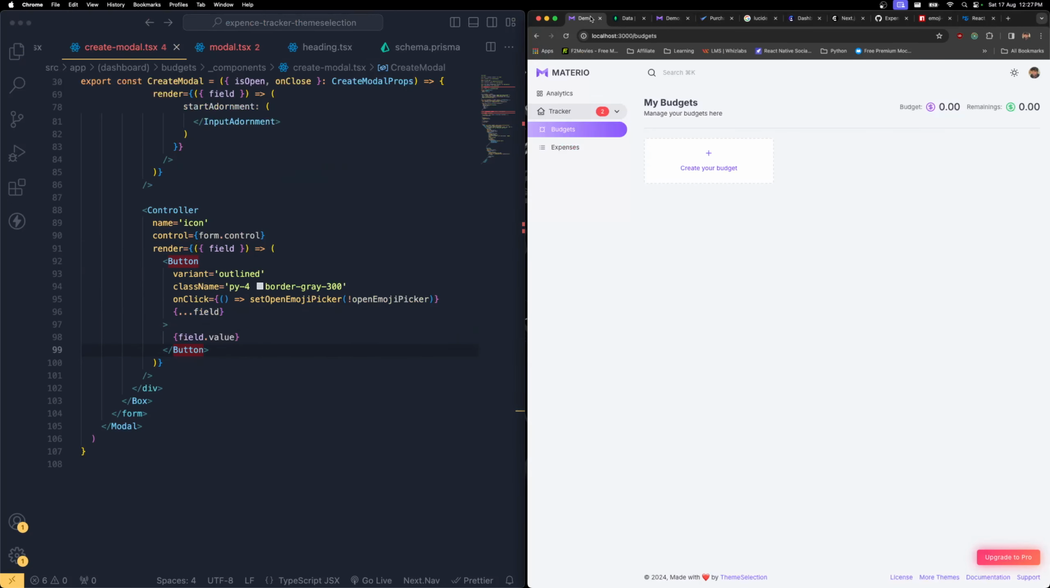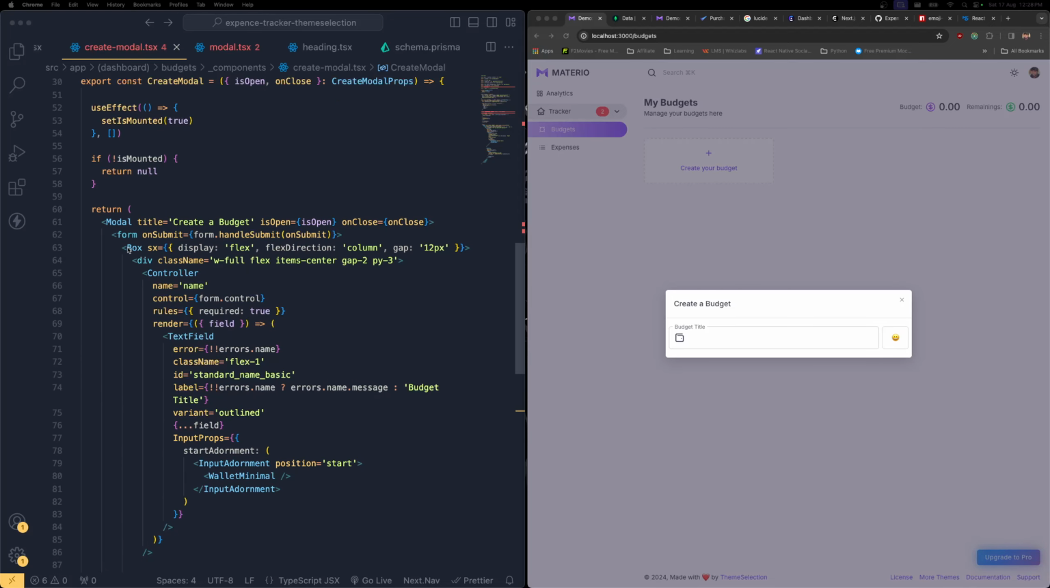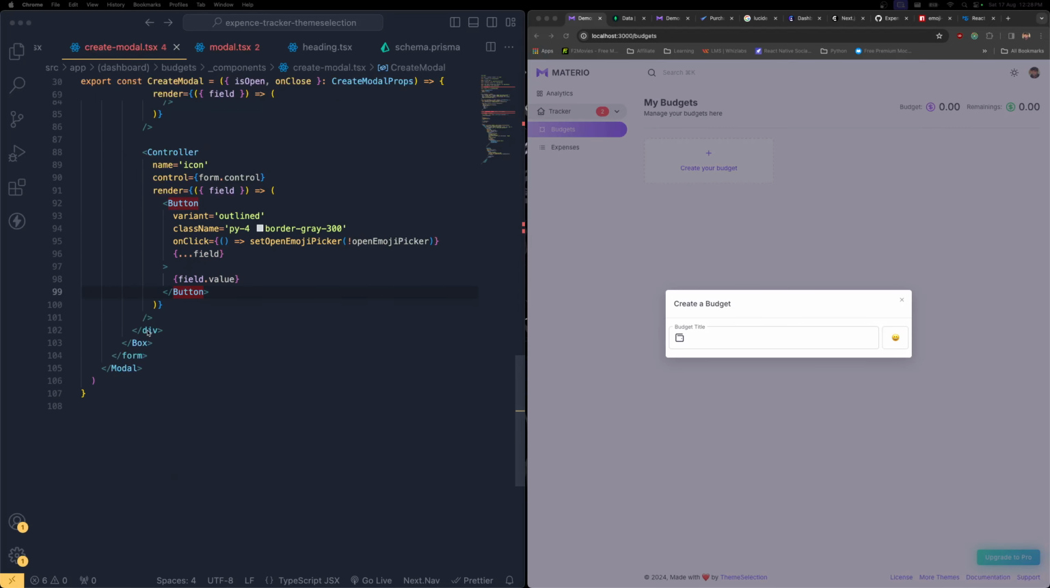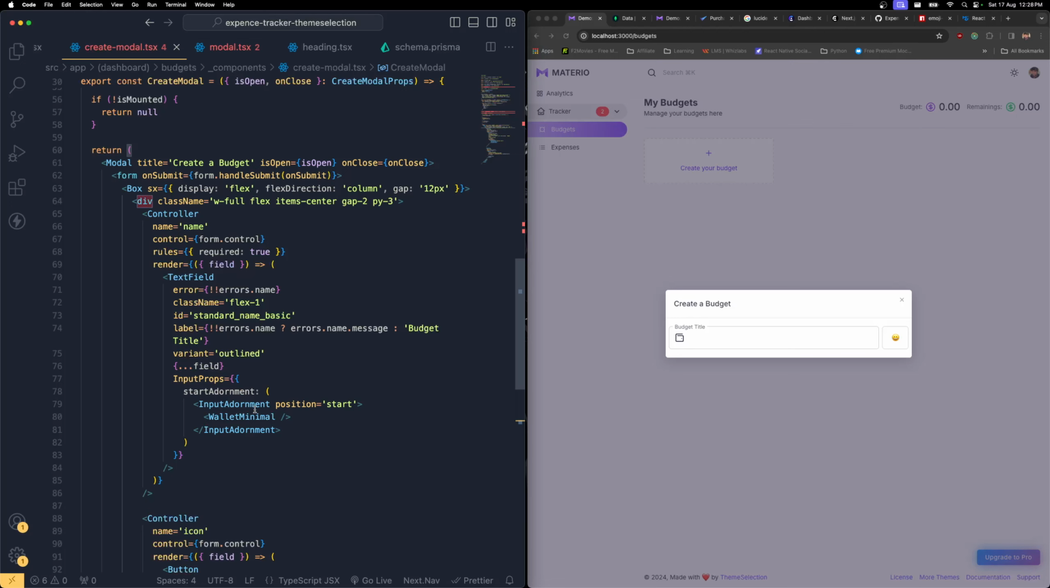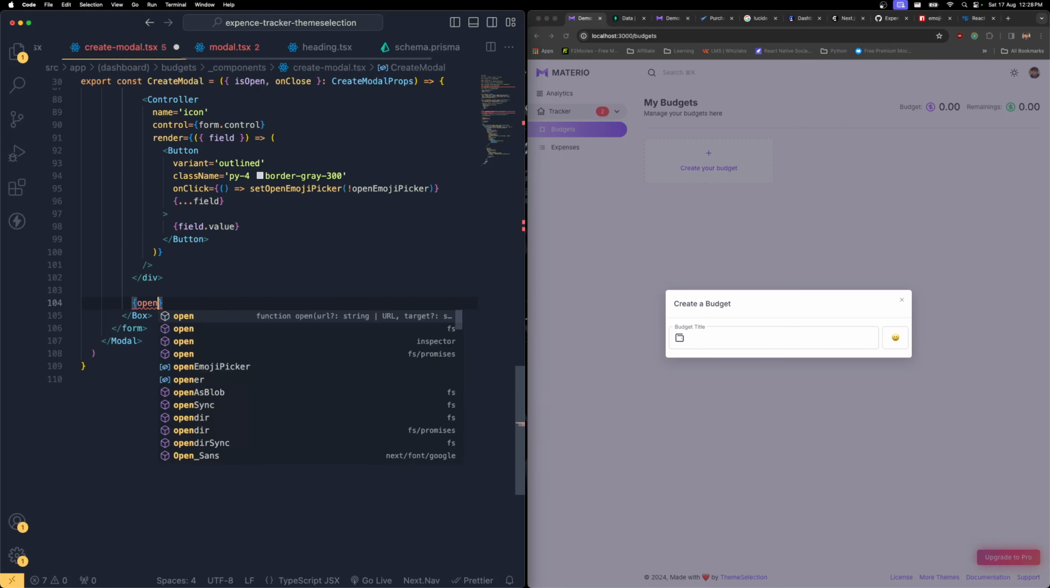So now I should be able to see the plus. You can see we have this. Now if I click this, I need to bring that emoji picker. So where can I display that emoji picker? Right after this division, inside the box, we do have this division. Make sure there is this division. So right after this particular division, if open emoji picker, if this particular state is true, then